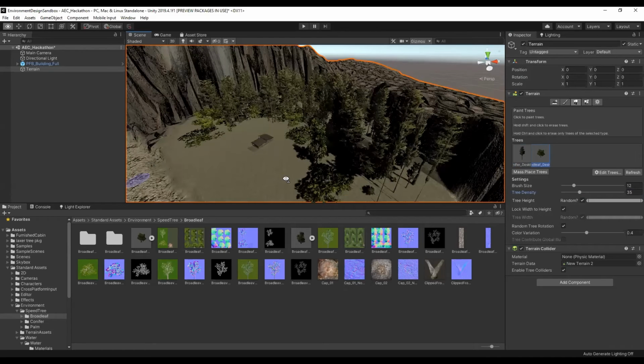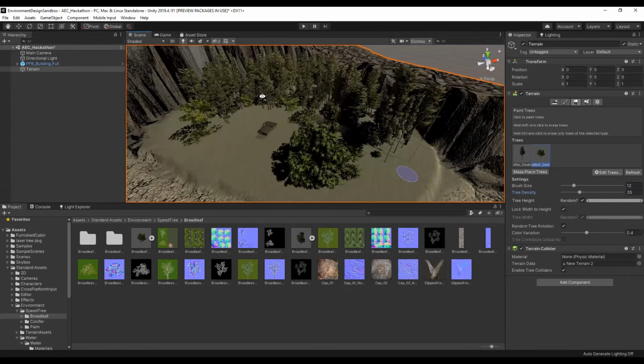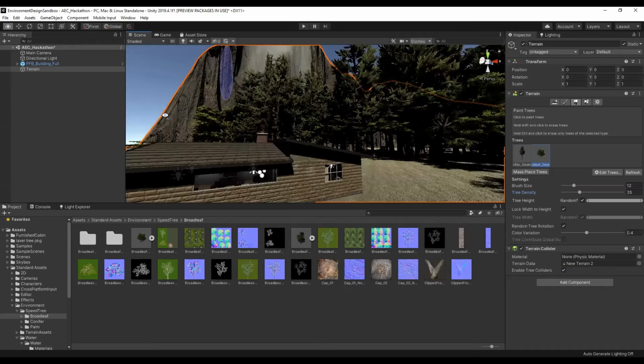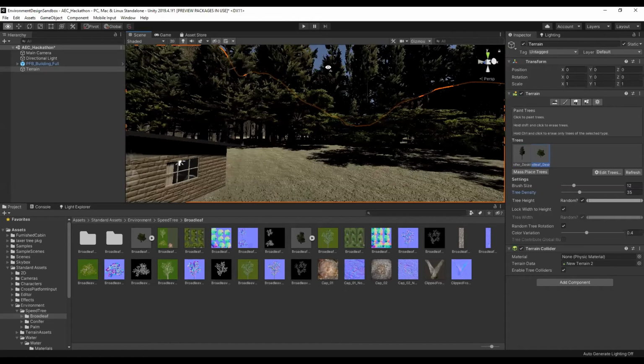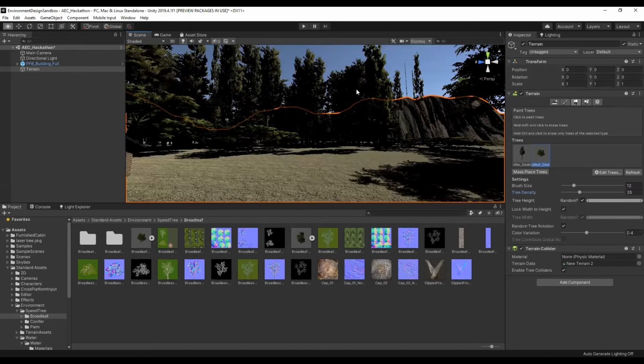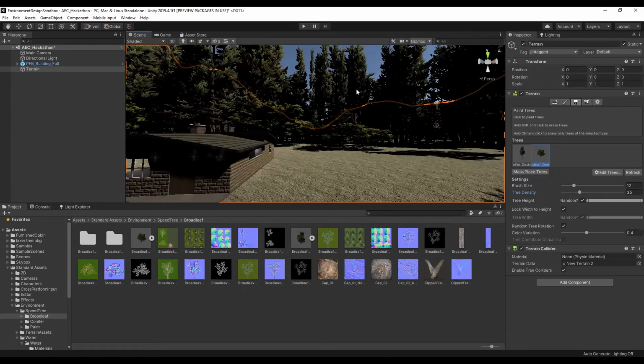And now, I'm going to zoom in here, and we can start to see that this is looking much better than it was before, right? This doesn't look like just a desolate terrain anymore. It starts to look somewhat realistic with these trees in the background. So you can come in, you can further customize these trees, place them in specific areas, add them throughout the